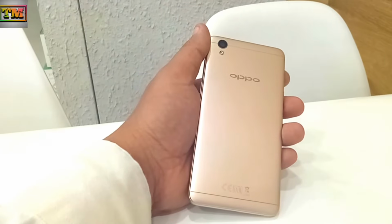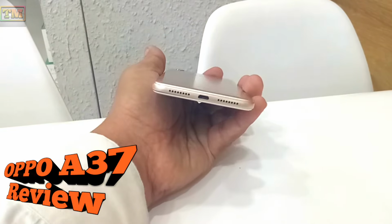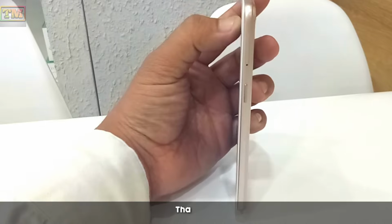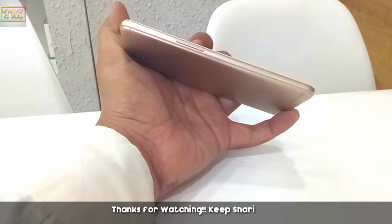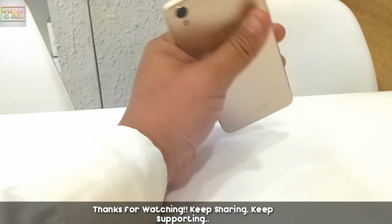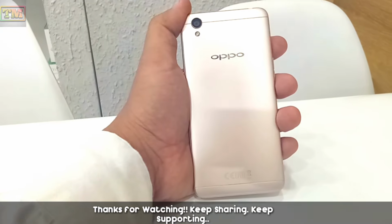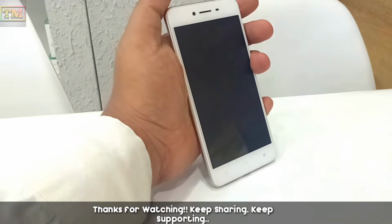So let's start. As far as smartphone reviews go, there is rarely a time when one finds a device so perfectly designed to meet its market that its flaws, though annoying, seem too trivial a matter. The OPPO A37 is not that device, but it does come dangerously close to being it. The device might not be perfect, it even lacks a full HD screen, but it kind of grows on you,